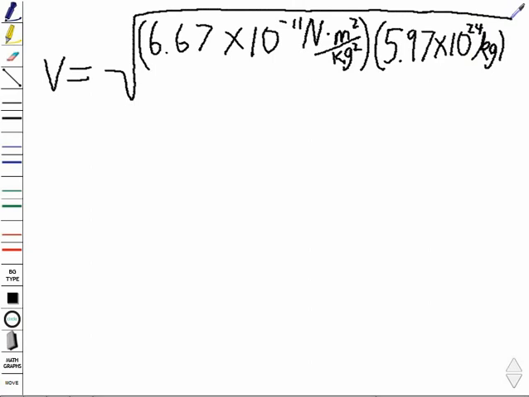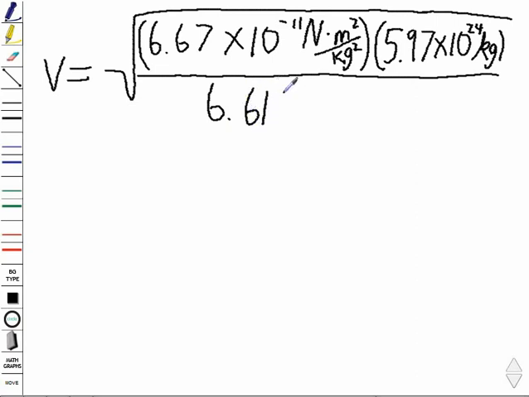So I've got big G times the mass of the Earth, and I'm going to divide all of that by the radius of the orbit, which is both the height above the Earth plus the radius of the Earth. So that's 6.61 times 10 to the 6